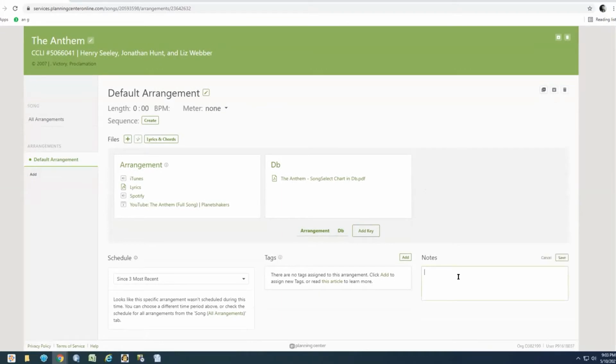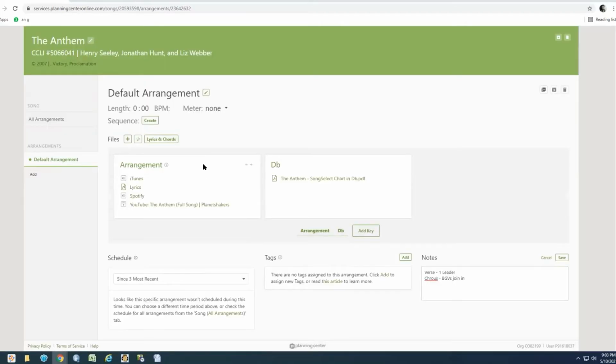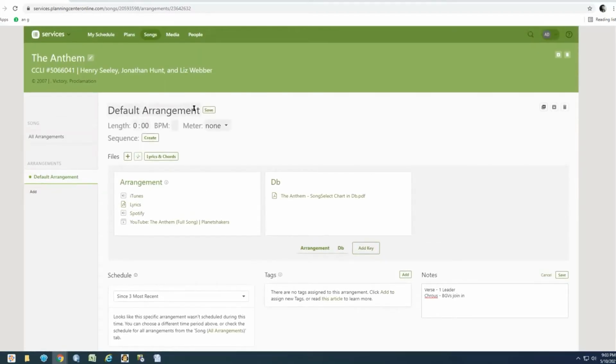Now, if you have any notes, or if you want any particular arrangement, let's say you want to make sure the pattern, or maybe give some notes, like verse 1 is leader, chorus, BGVs join in, something like that. So whatever notes you have, if you want the band or the singers to know, you can use this to write down your notes. And sequence, usually it's by default, but if there is no default arrangement, you can create